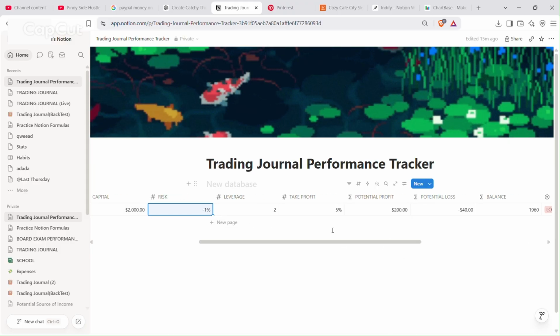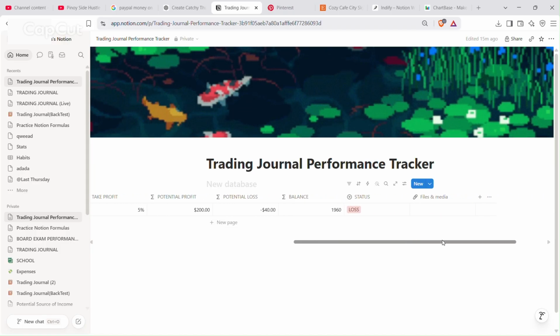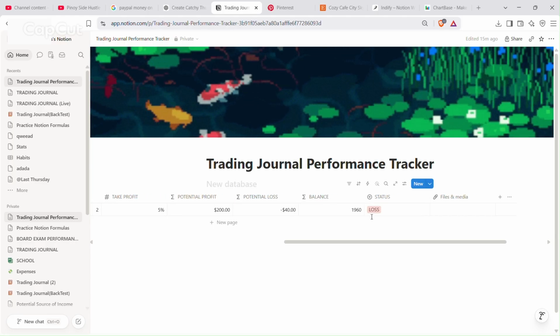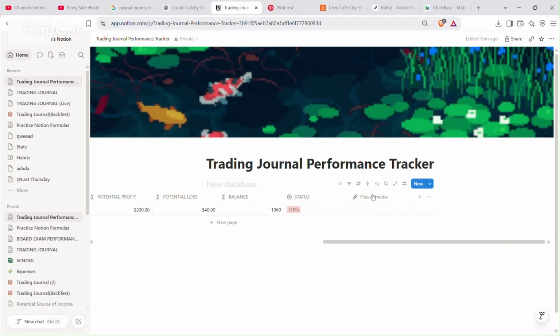So if we put here a negative sign, we will get the difference. That's it. We get the difference of the two. If we set the status as lose, then we can have these.